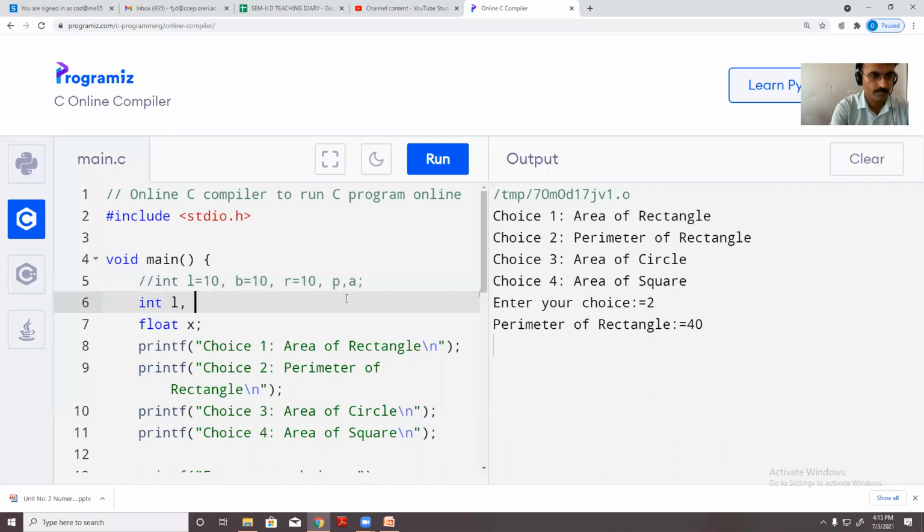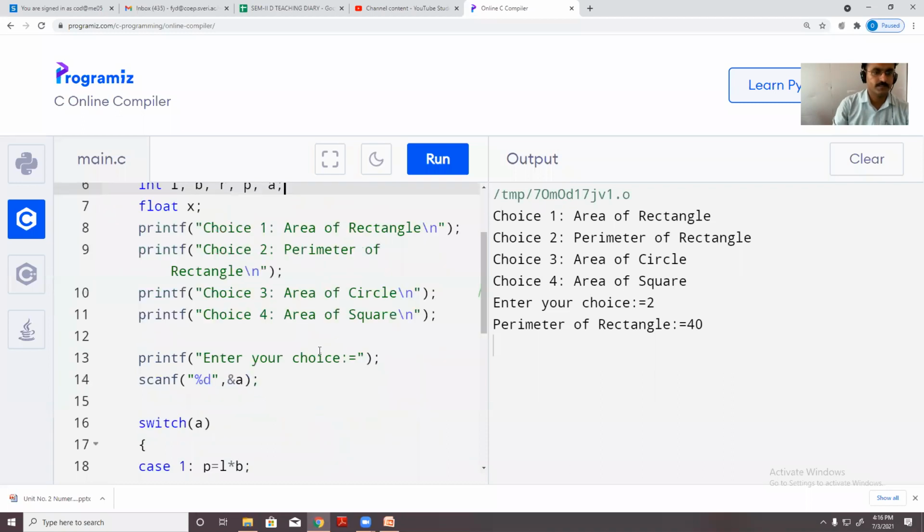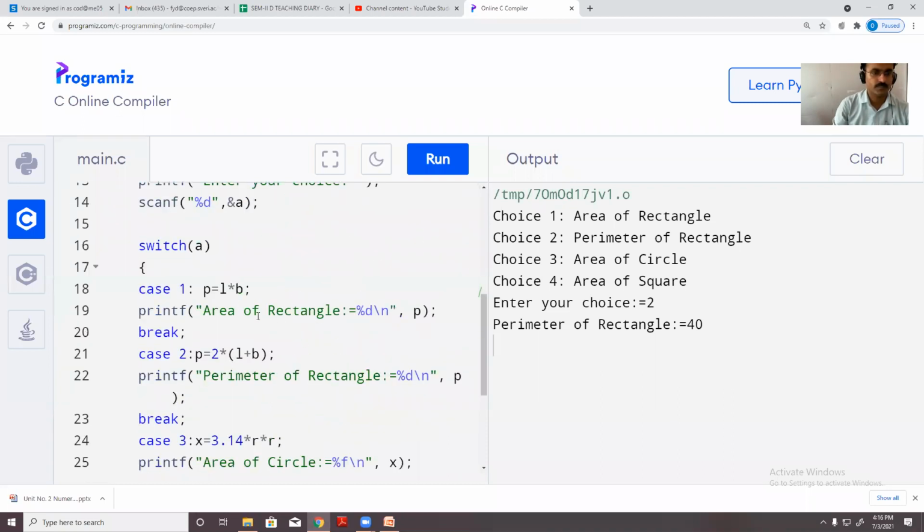int l, b, r, p, a. Okay, these are the variables. Now here I am going to take all those things from the user.